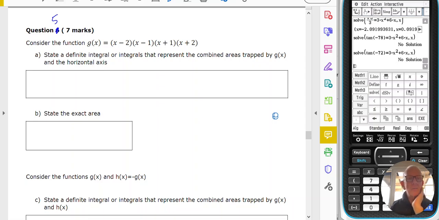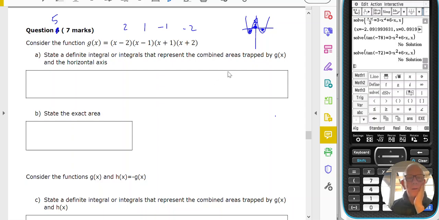So question number, I'm not quite sure. So this g of x, which is this quartic, has x-intercepts at 2, 1, -1, -2. So obviously it will look something like this. State the definite integral that represents the combined areas. So we've got 3 combined areas, this one,